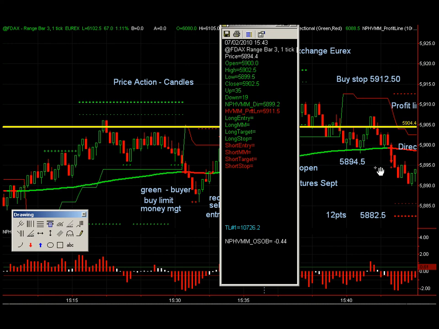We've got to remember that for each point move on the DAX, it's worth €25. Our total profit in this trade, going for 12 points at €25, is €300 that we're looking to make. So that would be our total profit. Let's mark that on the chart as well. So it's €300. And our total risk is €250 at the moment. So we've got the risk to